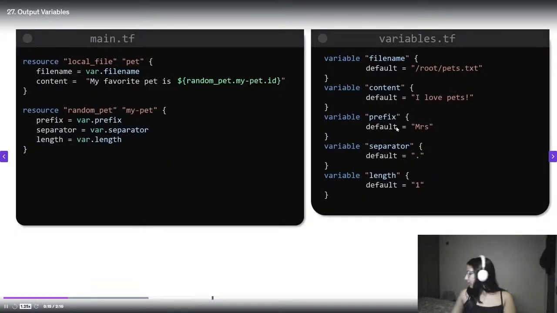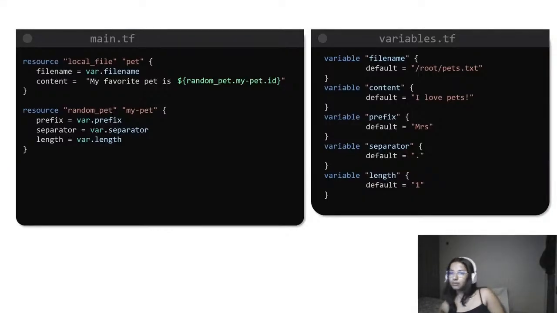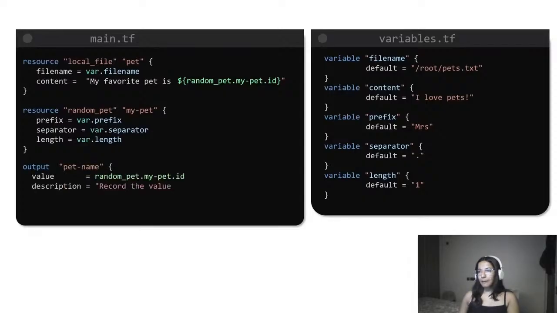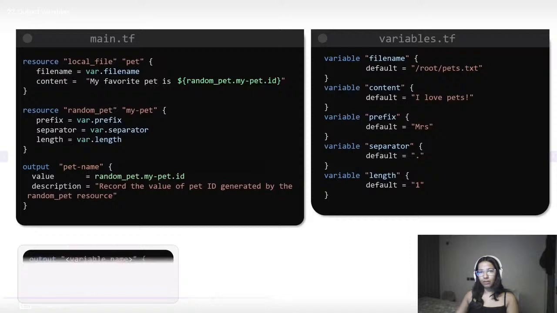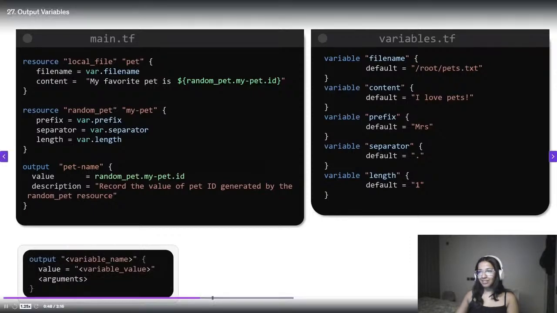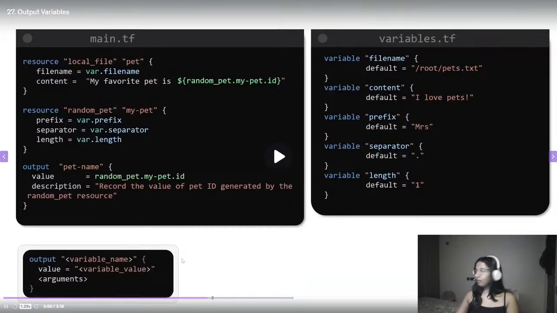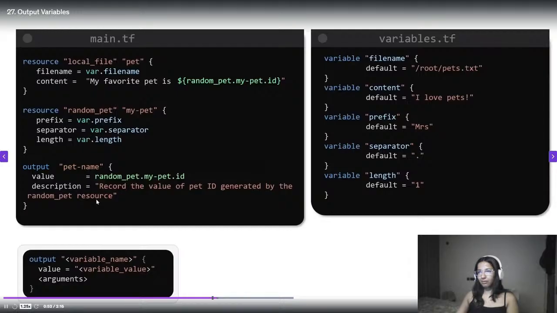Output variables. These variables can be used to store the value of an expression in Terraform. For example, let us go back to the configuration file that we used in the previous lecture. We already know that the random pet resource will generate a random pet name using the attribute called ID when we apply the configuration. To save this ID in an output variable called pet name, we can create an output block like this. The syntax used to create this output block is the keyword output followed by the name that we want to call this variable. Inside this block, the mandatory argument for value is